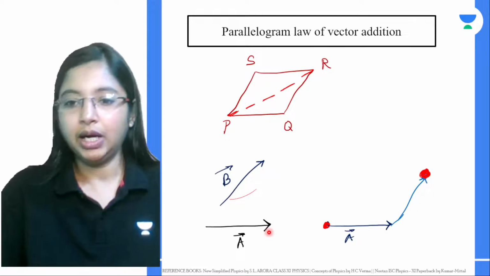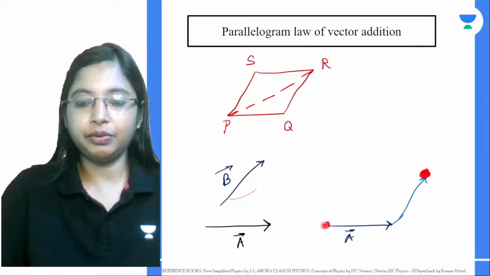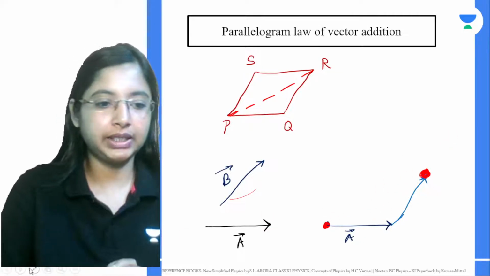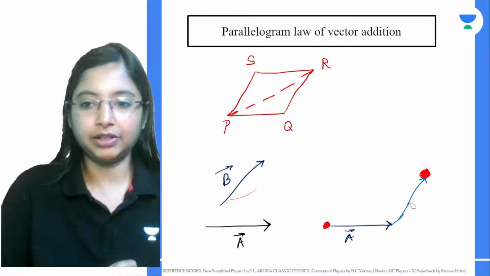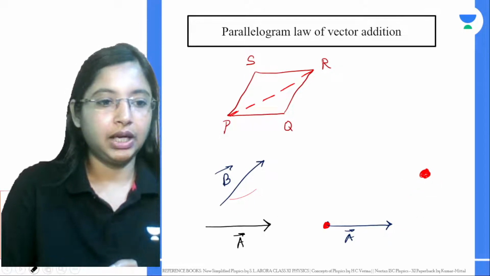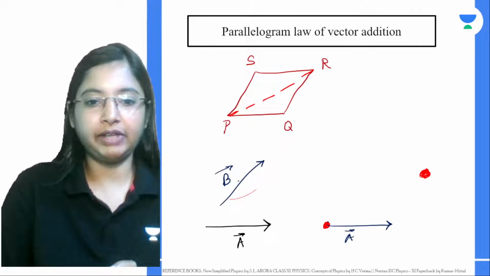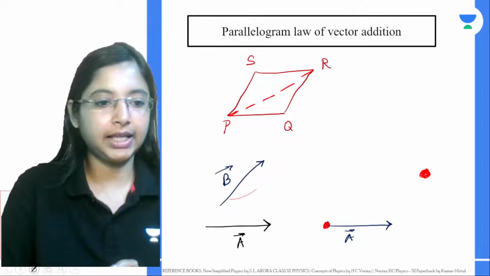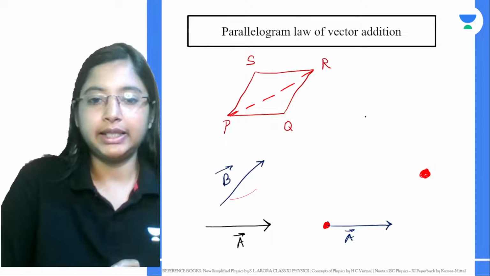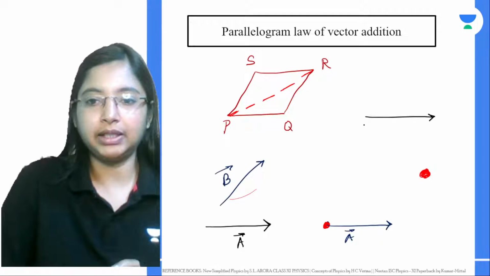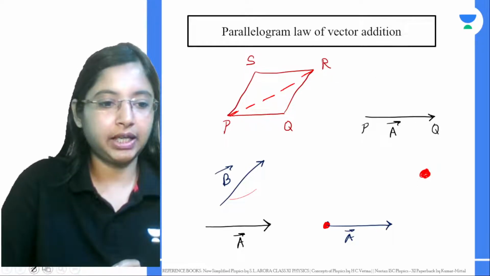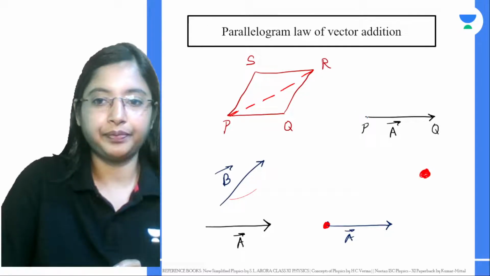So this is what we did for the triangular law. Now let's say you gave another direction. I'll tell you how we are getting this. Let's take these two vectors as two sides of a parallelogram. Let's say this is one side of the parallelogram, that is PQ. This is actually a vector. There's another side, which is again, let's say the B vector is along